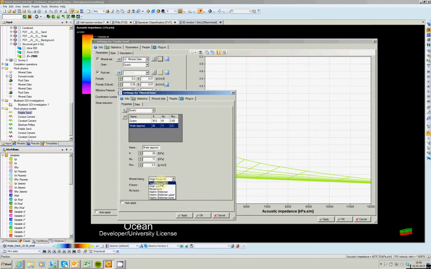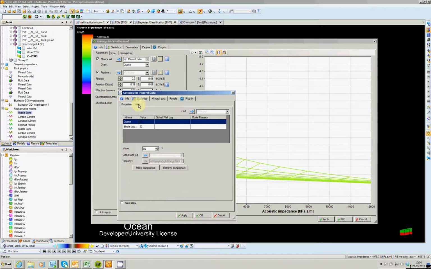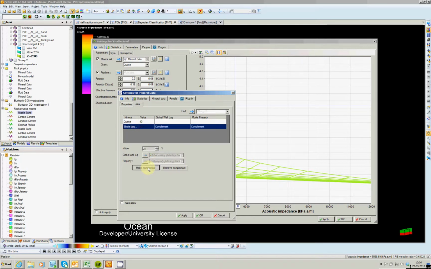The mineral mixing, you can also select one of these options, and you can also go to data and apply this into a grid. In our case we're going to work with wells, so I have here mineral quartz and shale. I can change the percentage. For example, I can say that for quartz I want it to be 40%, and shale will make the complement. I can hit OK,